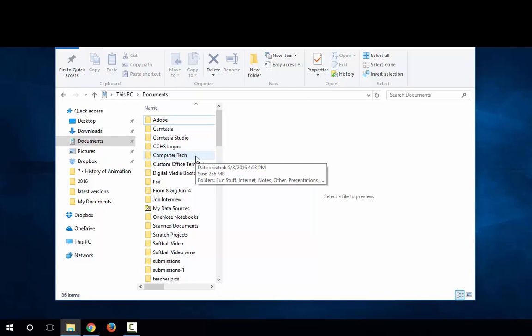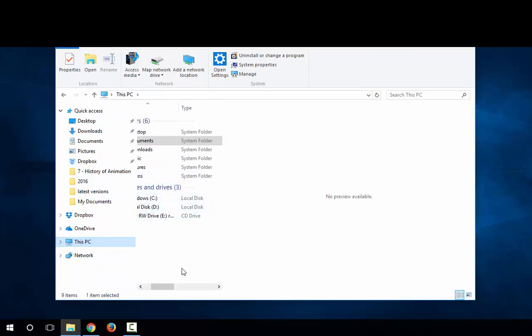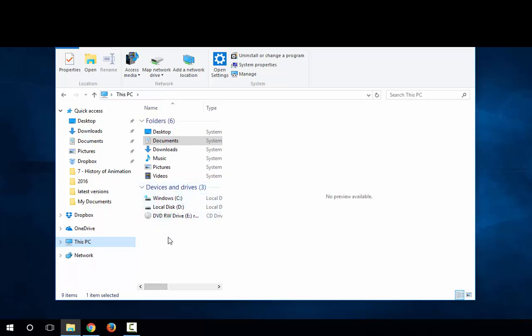The first is the file navigation pane. It's over here on the left side. It helps us navigate to where we need to go to find a file or save a file. And so you click on any of these and it takes you to different places. To find your files as a student, you'd click on This PC and then scroll down. Down at the bottom it would have your My Documents drive, it's called, My Documents,